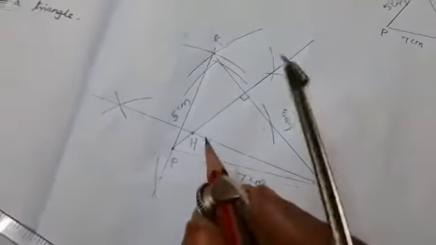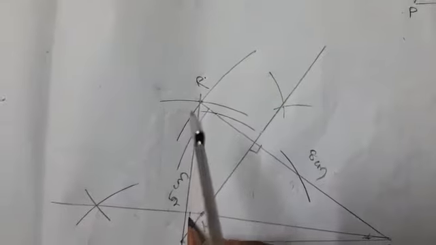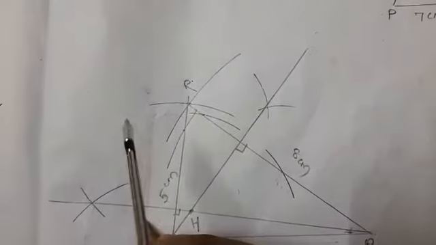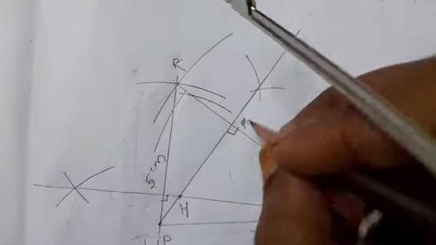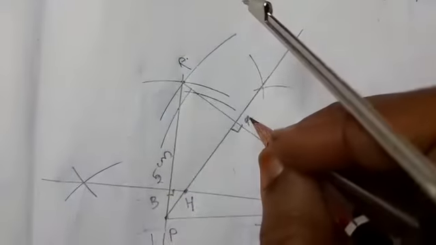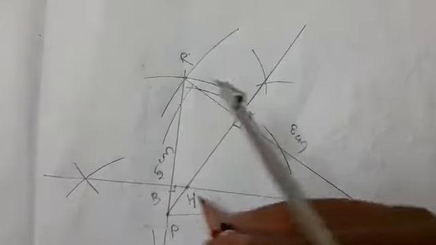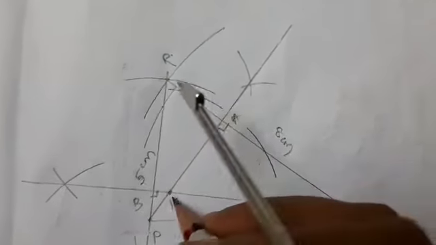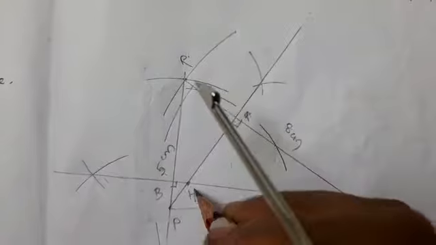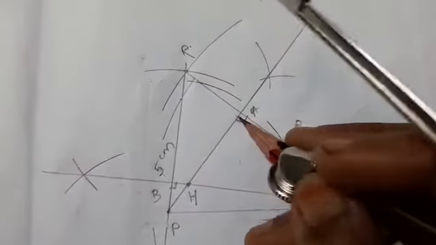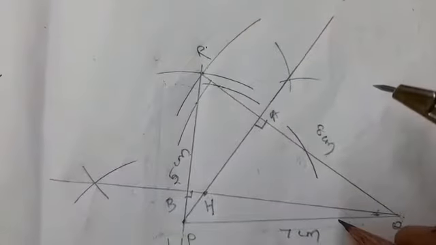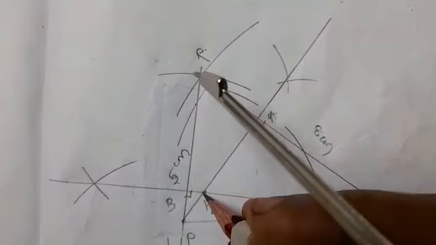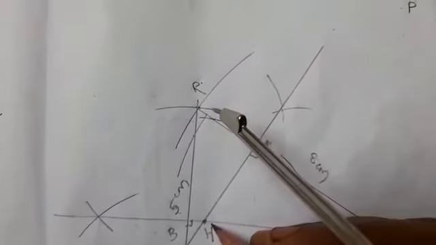Okay, again recall this. This is the altitude from Q. You give one name. So this I take as A, this as B. Okay, so PA is the altitude and QB is the altitude. So this is the point of concurrency of the two altitudes denoted by H. So first draw the triangle with the given measurements, then draw two altitudes. Okay, that point of concurrency of the two altitudes is known as the orthocenter.